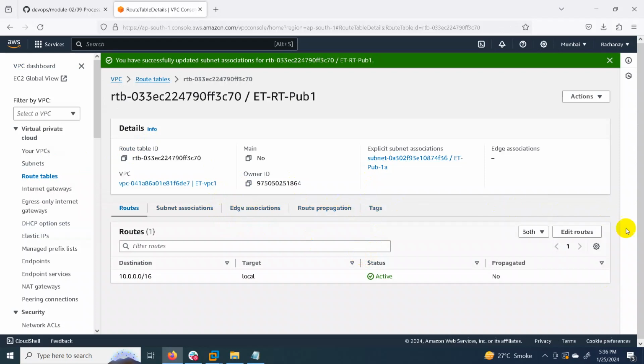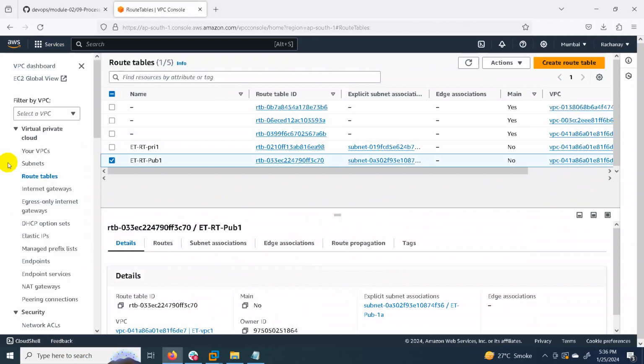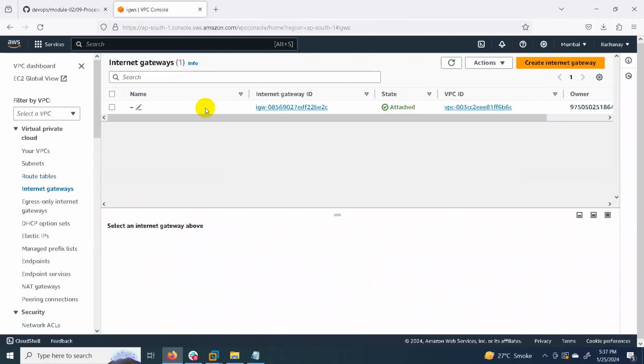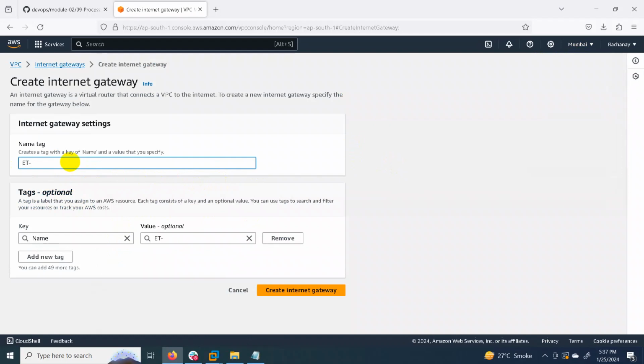Then after we are going to edit the route, and here we are going to add the internet gateway. So before that we are going to create an internet gateway. Just go and create an internet gateway. This is IGW, that is internet gateway 1.